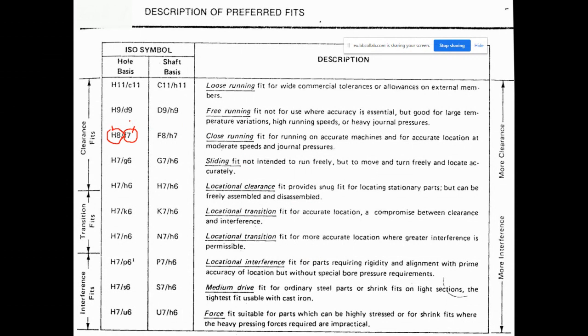Okay, if the components are manufactured using this tolerance and the other tolerance, then yes, when they are assembled, that ensures the type of fitting will be a close running fit. Well, in my example,